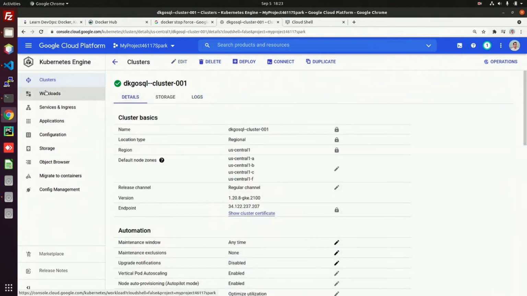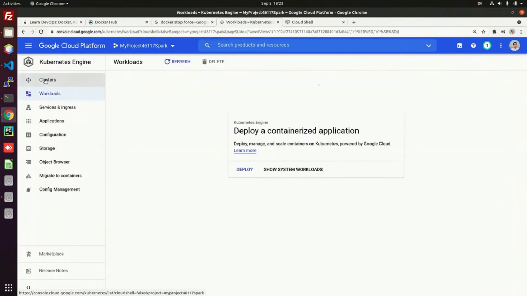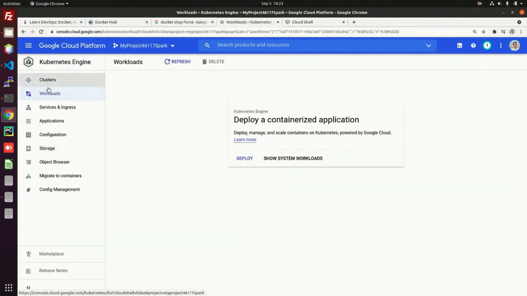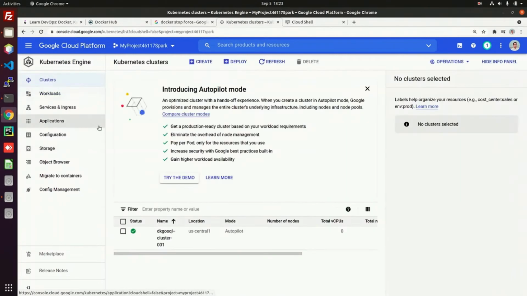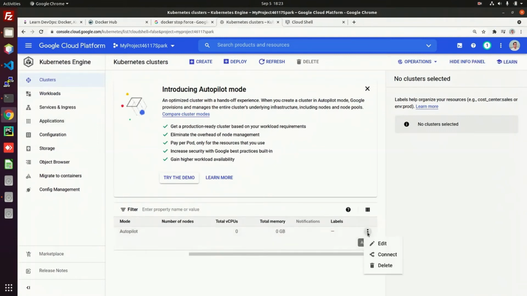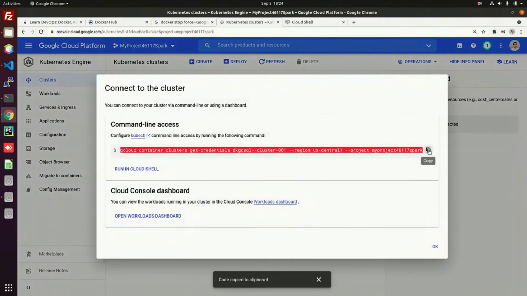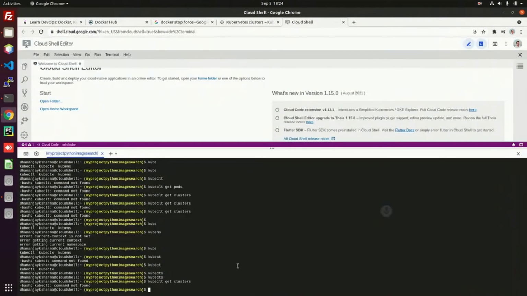Next, to connect to the cluster created, we have to go to connect and copy this whole command and run it in Cloud Shell, which I have opened here.